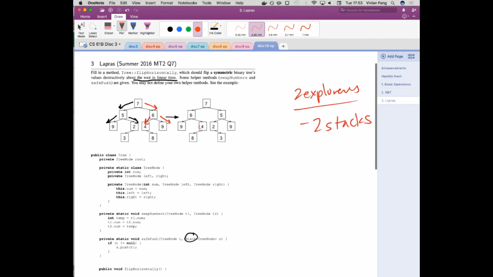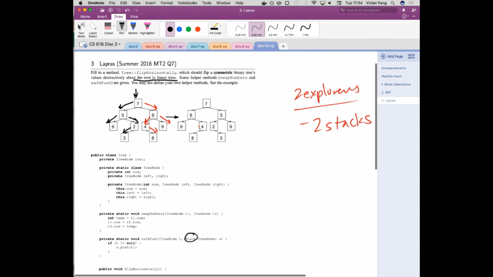Again, notice how the left explorer went to the right, and then the red one went to the left. So again, opposite directions. And then we now have to explore here, and then here. And every time we pop a node off, we just swap the two numbers. Yeah?